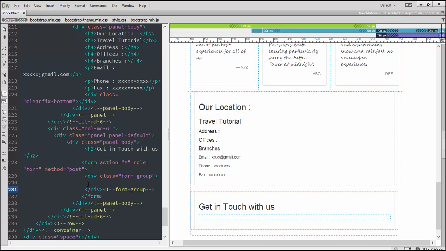Form group. Inside the form group, now let's define the label and the input. First, let's define the label. Label for, let's say first one will be name. So let's say full name. Say name. And come and close the label,